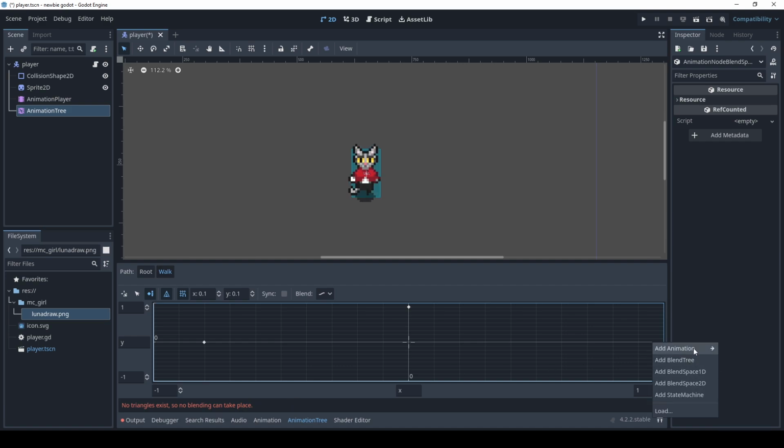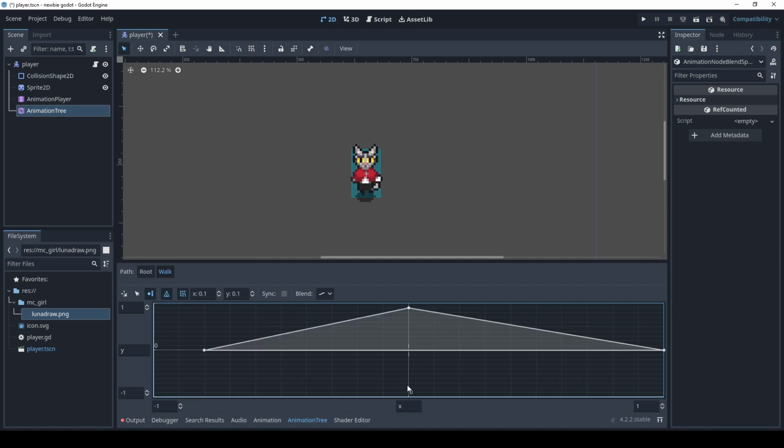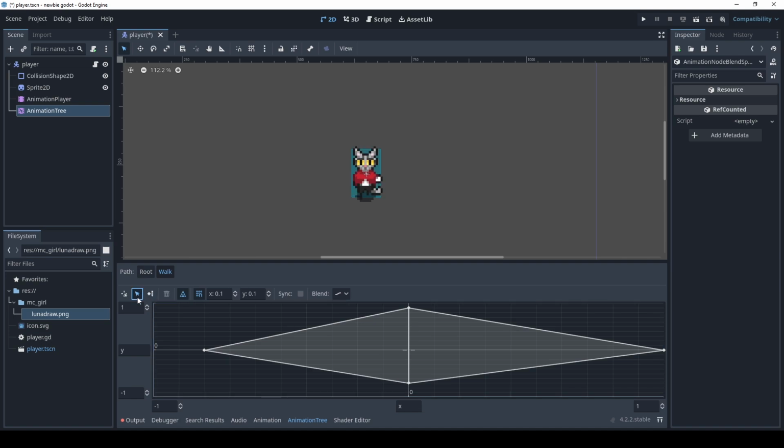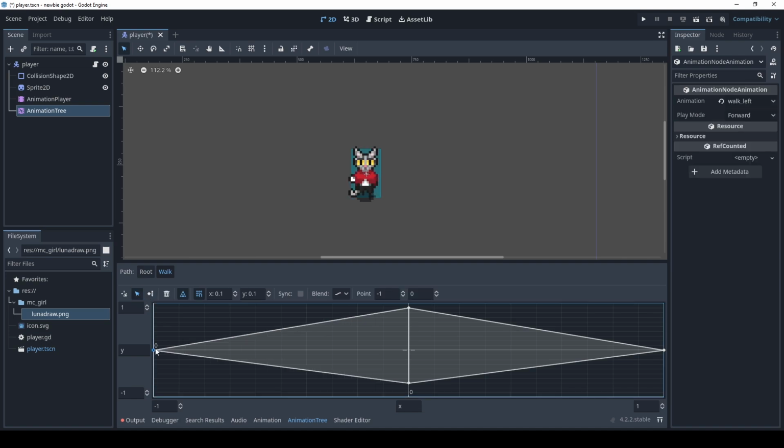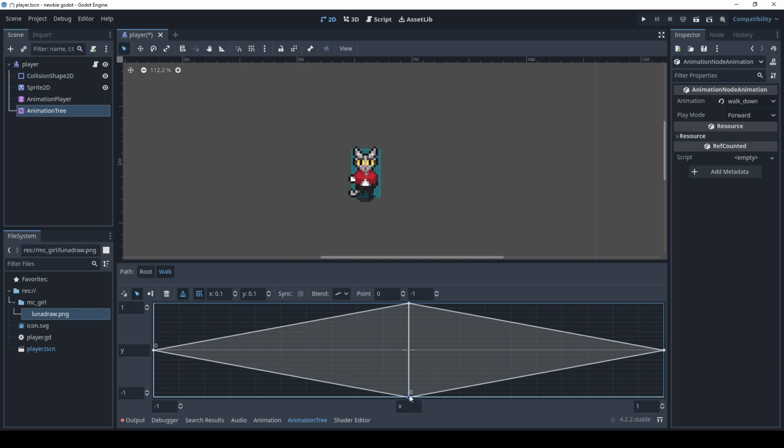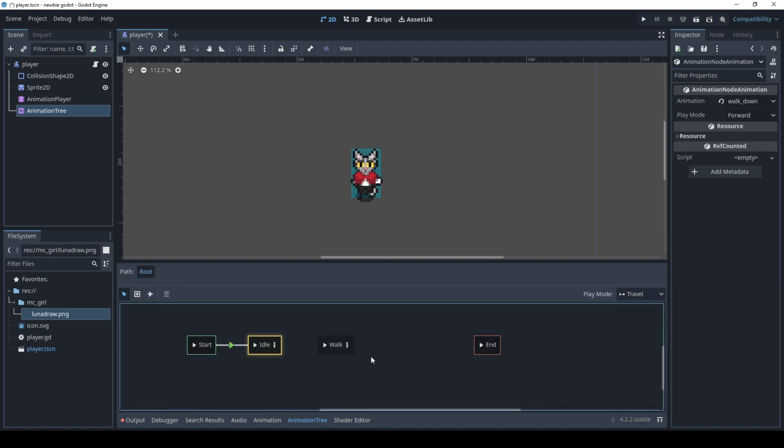Where is walk right? And walk down. Again, with the mouse button, you can easily just fix the shape back to the root path.